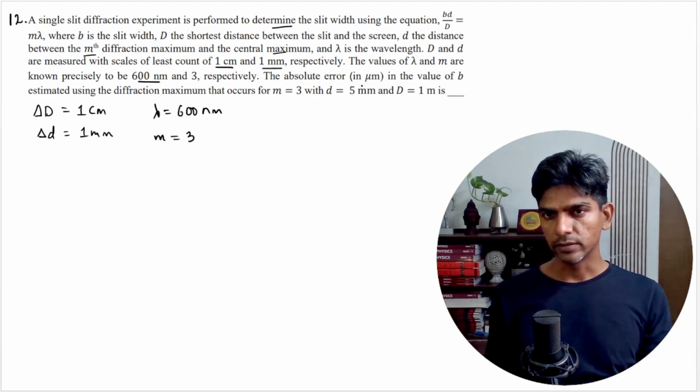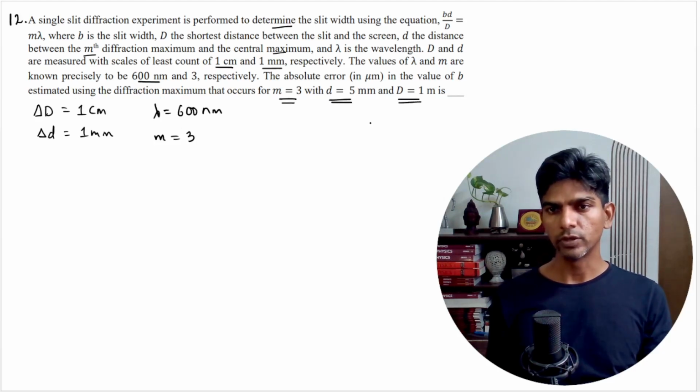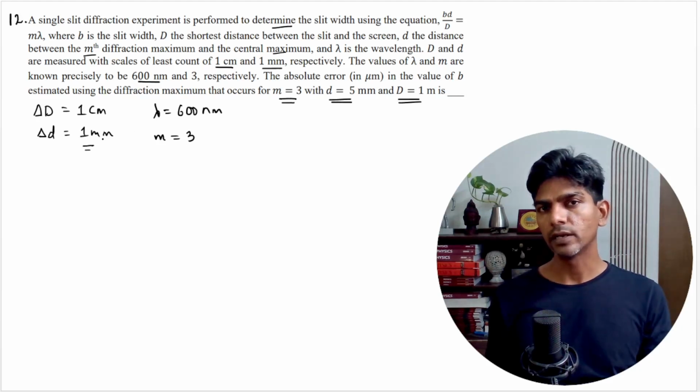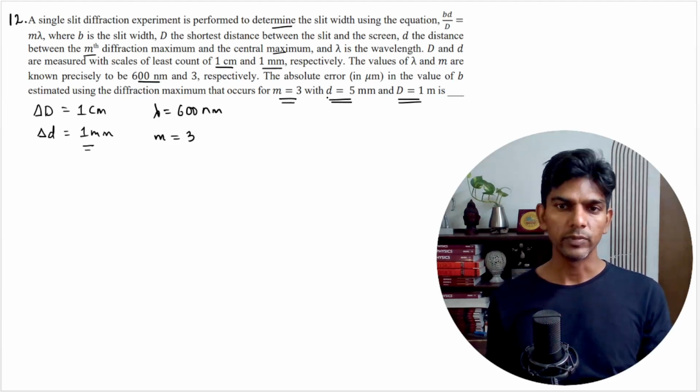The absolute error in micrometer in the value of b estimated using the diffraction maximum that occurs for m equals to 3, d is equal to 5 millimeter, and capital D equals to 1 meter. So if you look at the error in small d, the error is 1 millimeter, whereas the d value is 5 millimeter. So this error is quite large. So we can say delta d is not very small in comparison to d,